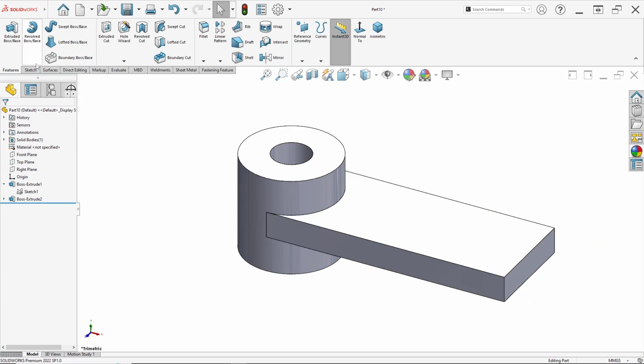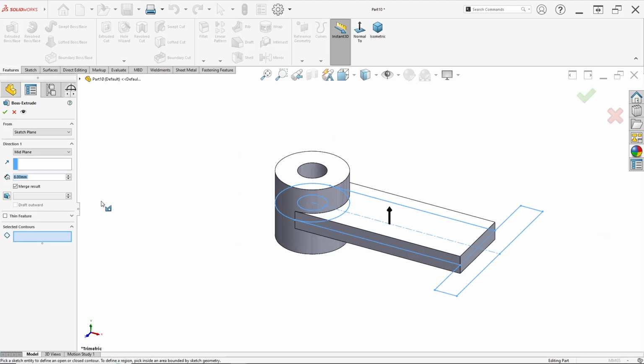Now we can click again on sketch 1, click Extrude Boss or Base. Select the contour, just select this sketch and this sketch, but for direction, change to blind.